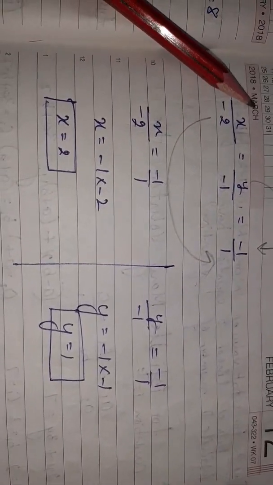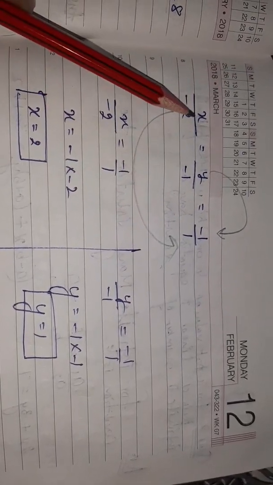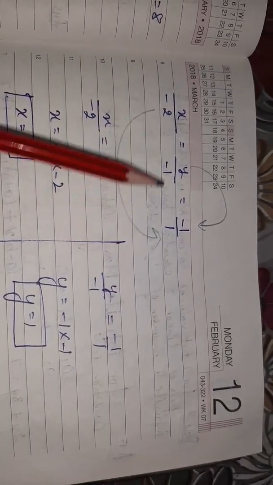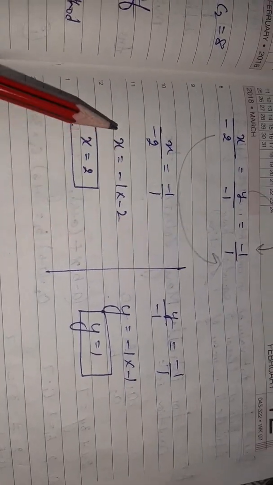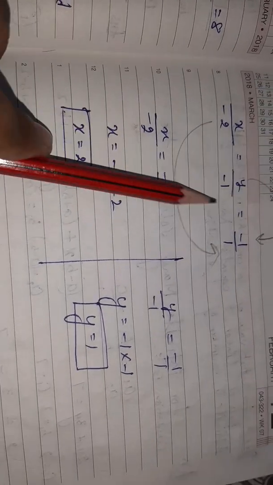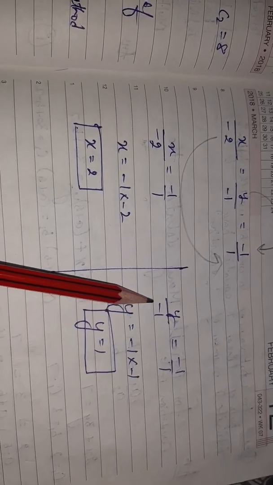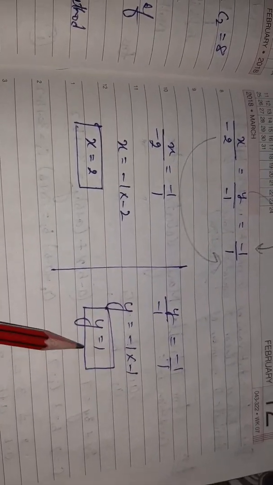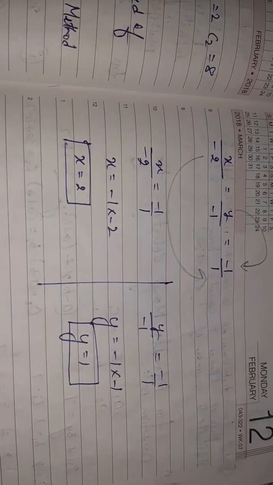So the value comes out to be x upon -2, y upon -1, -1 upon 1. To find x and y, you will take this with it, this with it. See, x upon -2 is equal to -1 upon 1. I have taken this -2 to this side, -1 into -2, +2. Now again, y upon -1 is equal to -1 upon 1. I have taken this -1 to this side, -1 into -1, +1. So x is equal to 2, y is equal to 1. One of the easiest methods. One of the very easy methods.